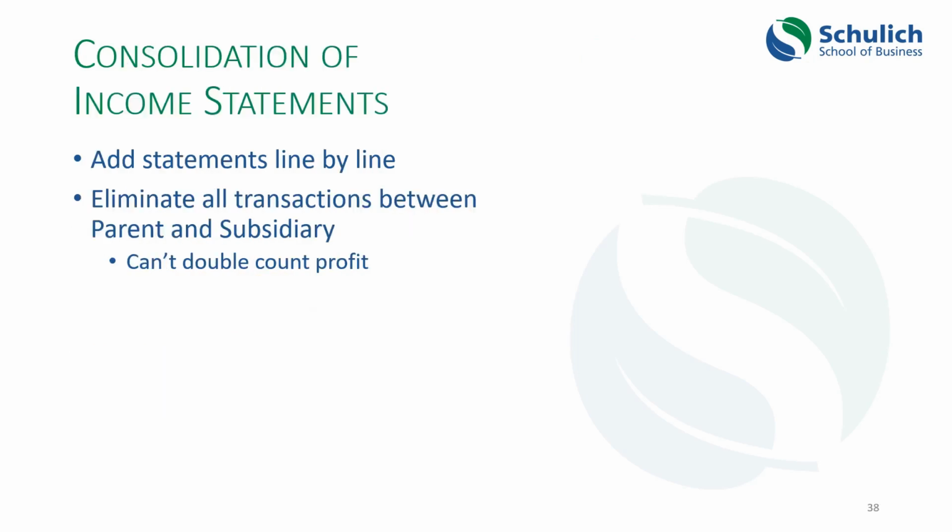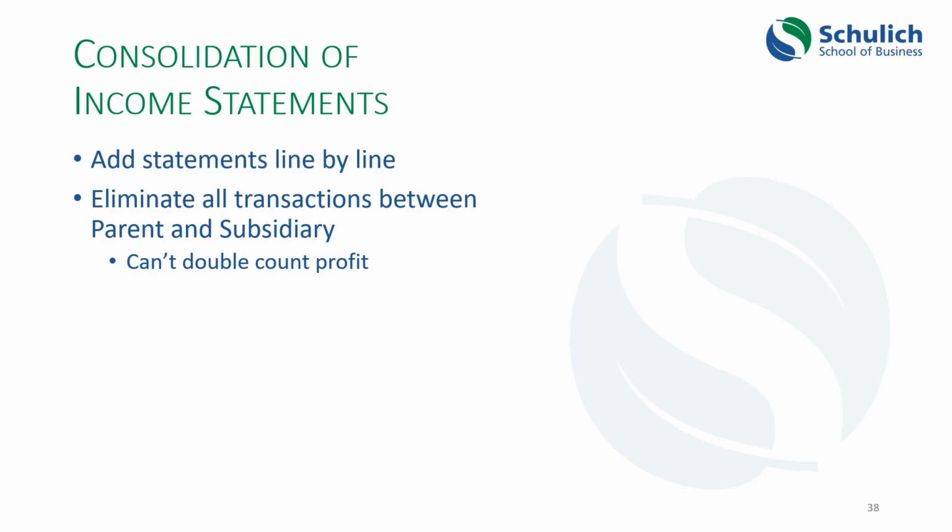Let's return to the consolidation and look at the income statement. So we just finished looking at the consolidation of the balance sheet, and I showed you the example of consolidating on a line-by-line basis, taking the values that are shown on the parent company's assets and liabilities and adding to them the fair value of the subsidiary's assets and liabilities, and ending up with goodwill.